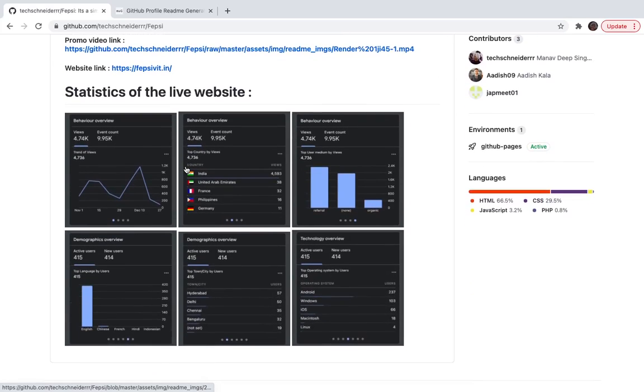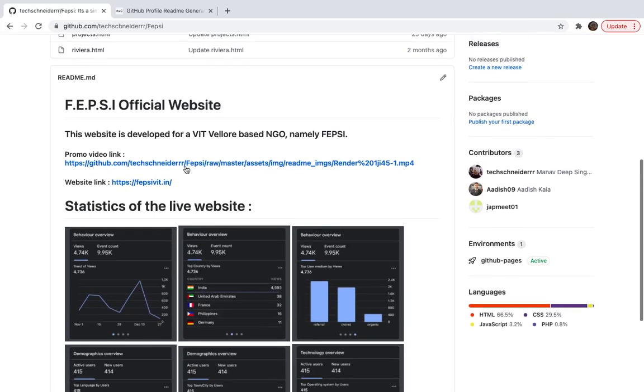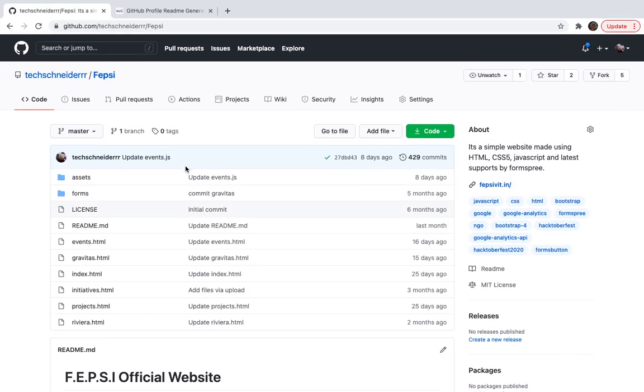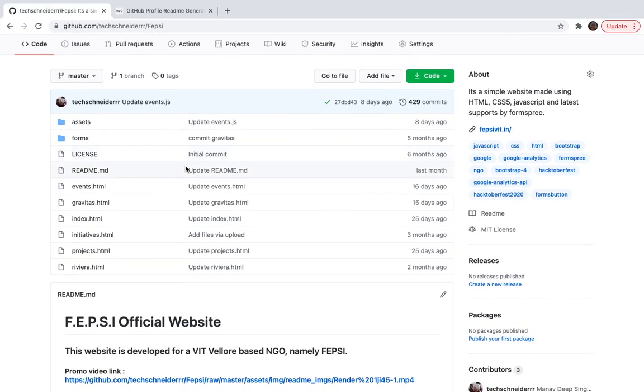After that, I have also provided some snapshots of the performance of my website, how it's working, where people are using it, etc. So it engages the user and makes him want to use your project. This is the kind of readme that we created in the last video by just clicking that checkbox.